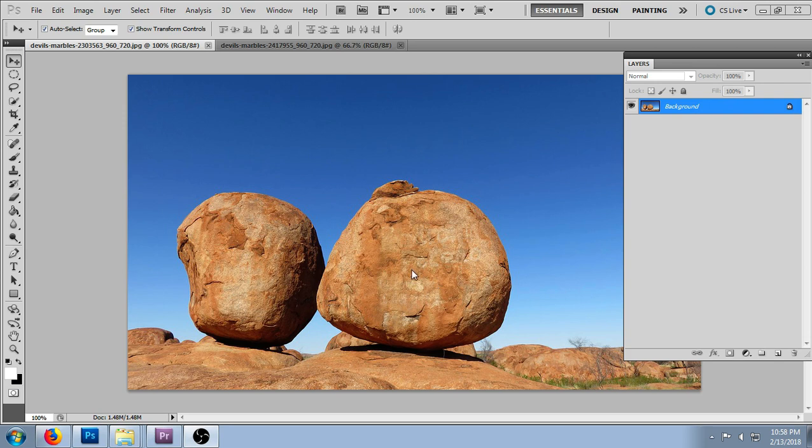cut out images, either cut out characters or people or objects, and put them onto another picture or into a video. Today I'm just going to show you how to cut it out and put it onto another picture, or get started with putting it into a video. So let me give you a quick